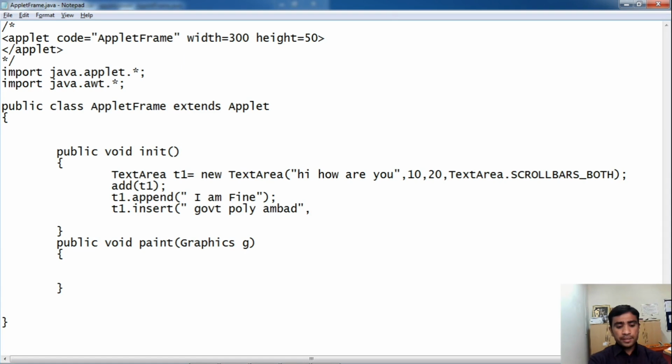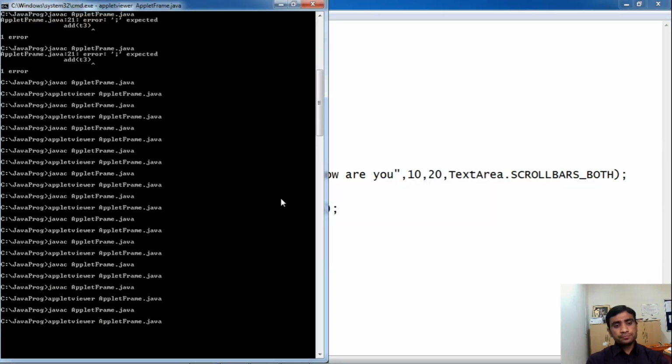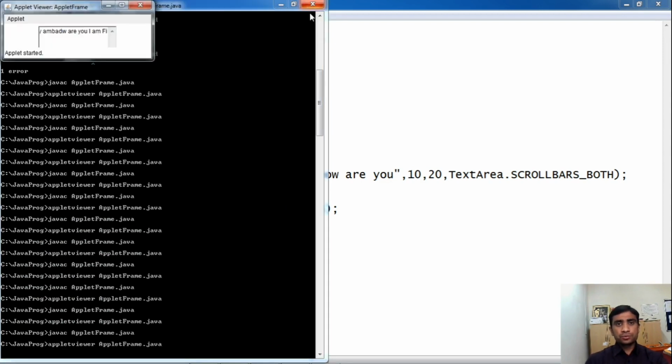We have to specify the position, that is the start position, index position. I have specified here, for example, 5, semicolon. Control S, then compile, Javac, and then applet viewer, execution.